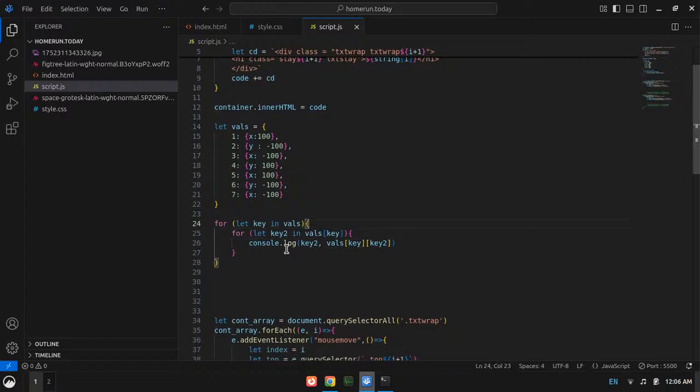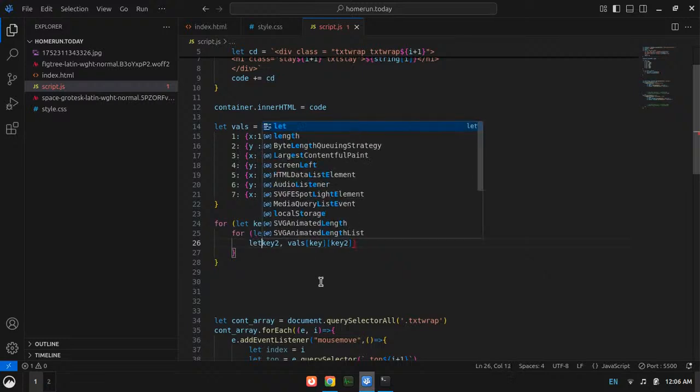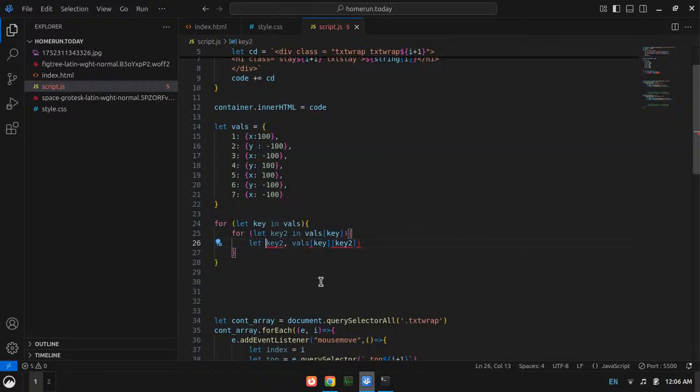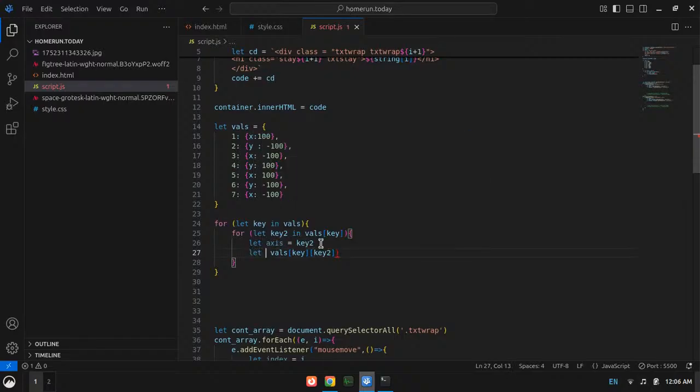All I need to do is let axis equal to this, and let value equal to this. Okay.